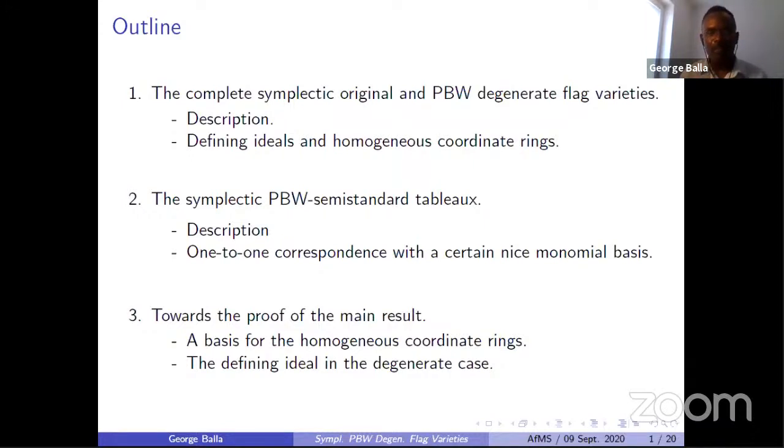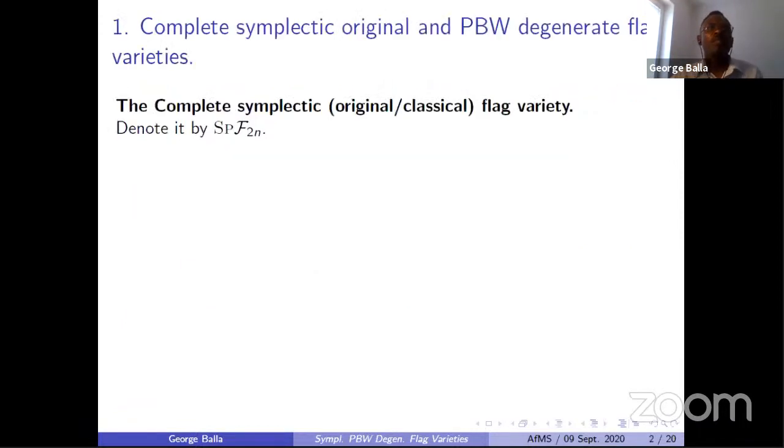Namely, the first step towards that will be to give a basis for the homogeneous coordinate rings of these two varieties, and end by outlining the proof for the statement which gives the defining ideal in the degenerate case. Now, like I said earlier, let's establish these two objects,